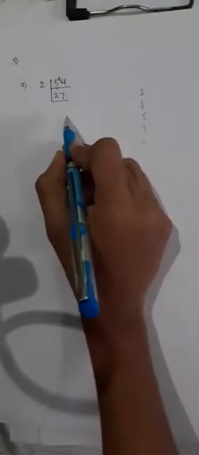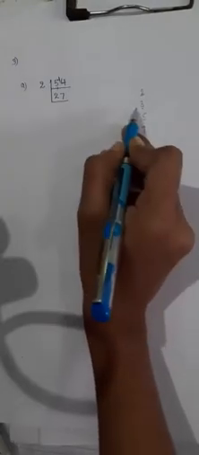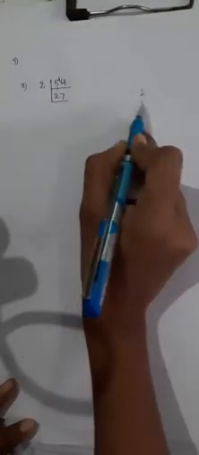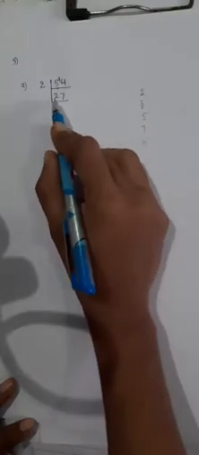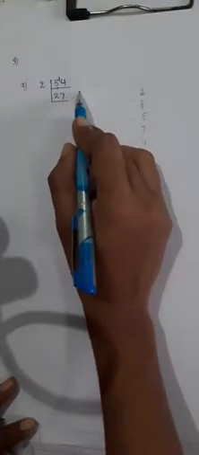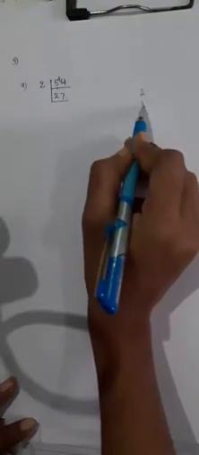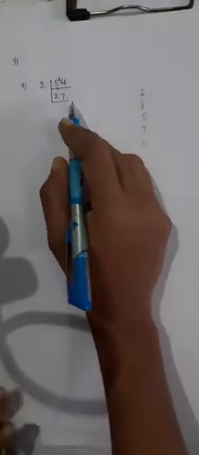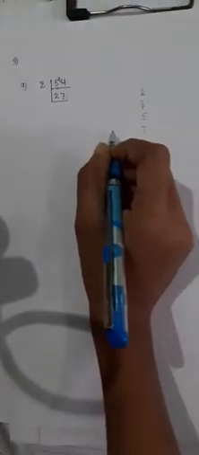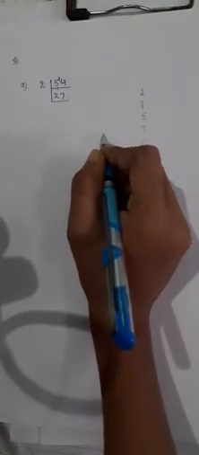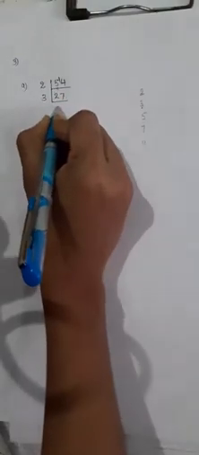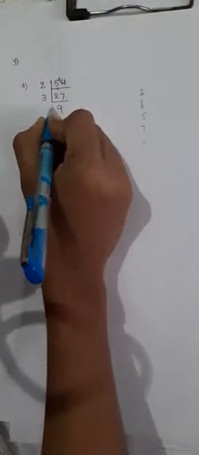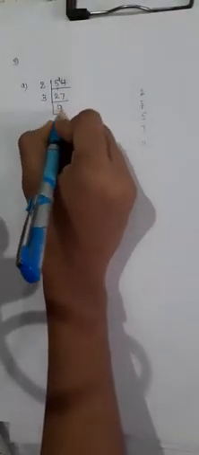Yes, 27 is divisible by 3. 27 is divisible by 3 because the sum of digits 2 plus 7 is 9. So digit sum is 9, which is divisible by 3. Hence 27 is divisible by 3 according to divisibility tests that we have learnt in lesson 3. So 3 9s are 27. We should write like this.